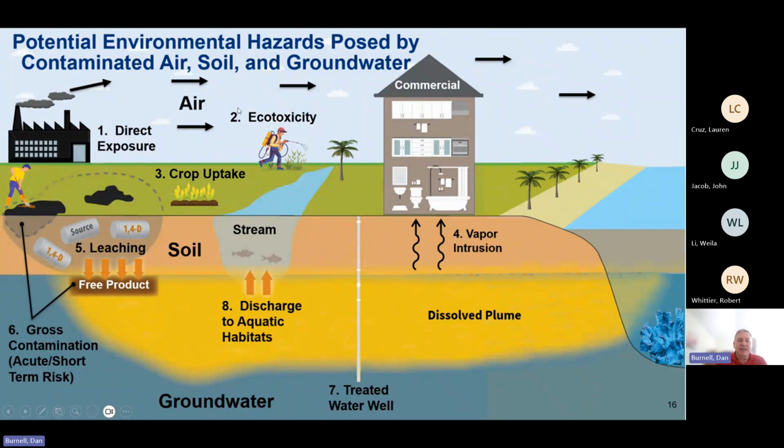Okay, again, let's look at some hazards that are posed. And just remember, the water is safe. It's treated before use, but it's important for us to understand how these hazards can occur so we can prevent them. And so, for example, we know that if we have industry, the toxins can be released to the air. And so we want to be careful about the air, make sure it's safe and clean. We can also have crops that can be impacted by pesticides or just sprays that can affect the plants and